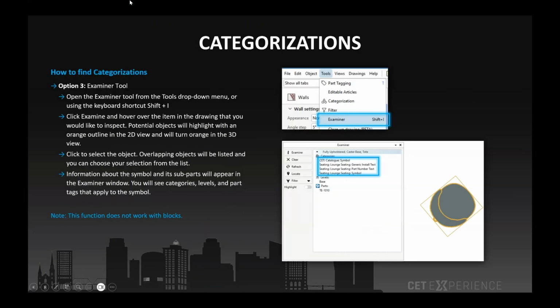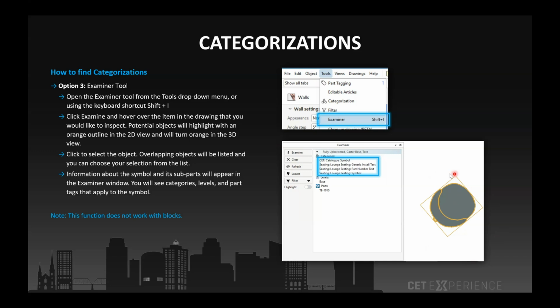Our last option is going to be using the Examiner tool. This has a couple steps to it. So we're going to access the Examiner tool in the top left, that Tools drop down, then clicking Examiner, or there is a quick key, hitting Shift-I, that'll make this pop up. When your Examiner box comes open, you're going to hit Examine